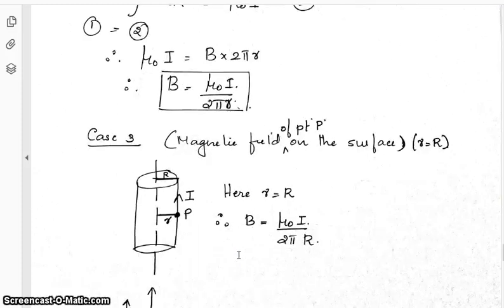Next is case 3. In this case 3 I am placing the point P on the surface. And as I said earlier, the current is flowing through the surface of this hollow cylinder. So obviously point P also experiences a magnetic field where small r is equal to capital R. So B is equal to mu 0